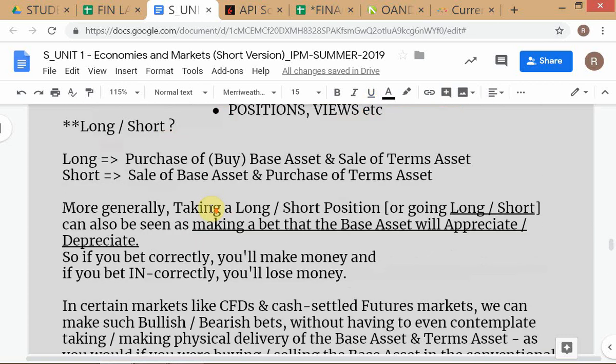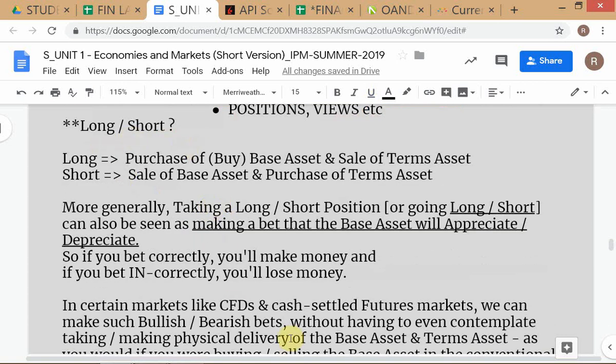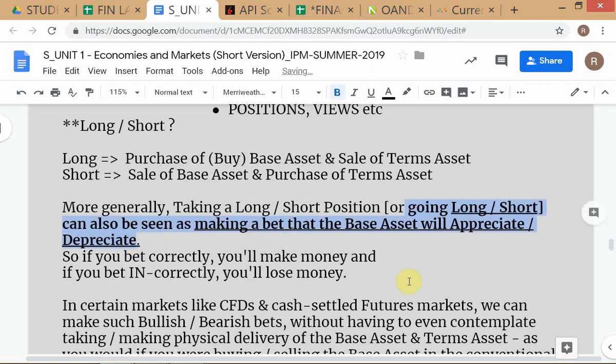So when we discuss positions and views, obviously we have a technical definition of long and short. Long means purchase of base asset, short means sale of base asset. Actually, this is the more general definition. Going long or short is making a bet that the base asset will appreciate or depreciate. This is the more correct, the more general definition. Taking a long position or a short position is basically betting that